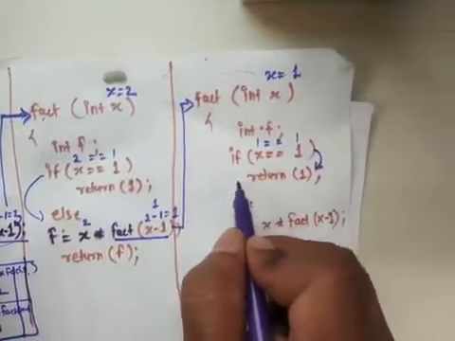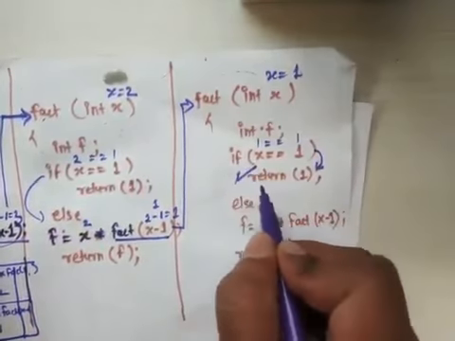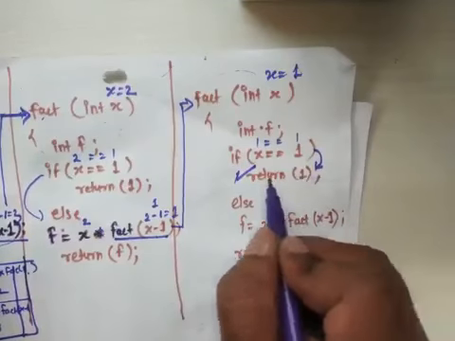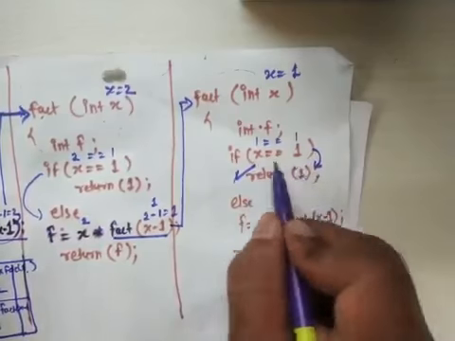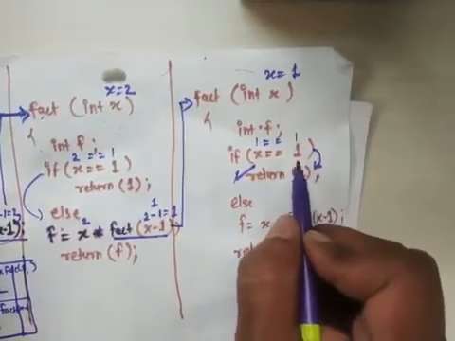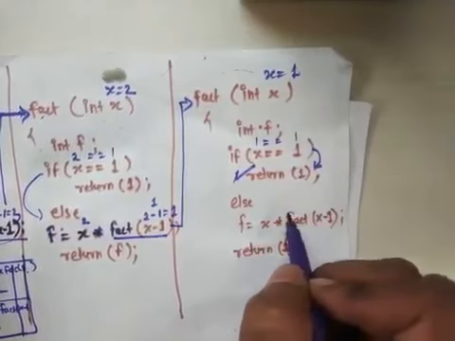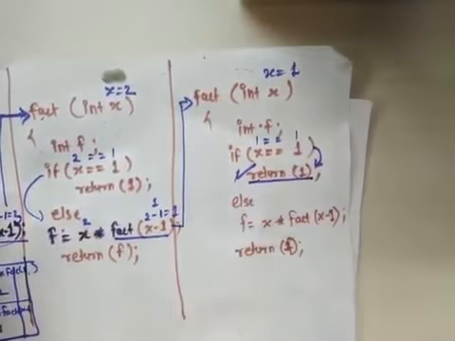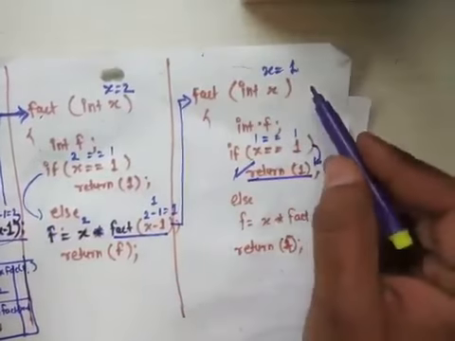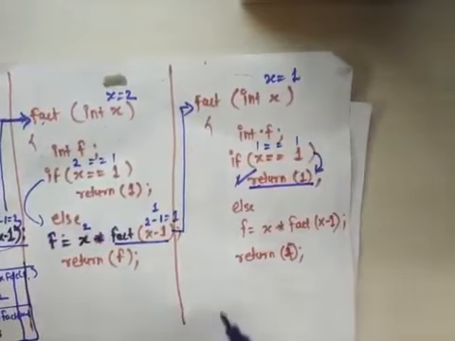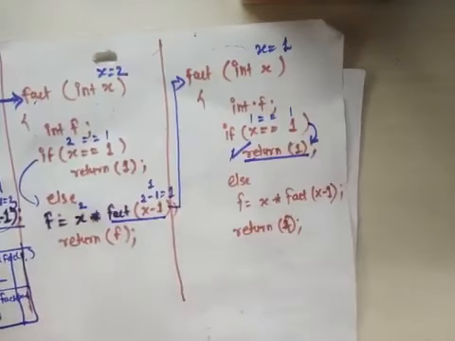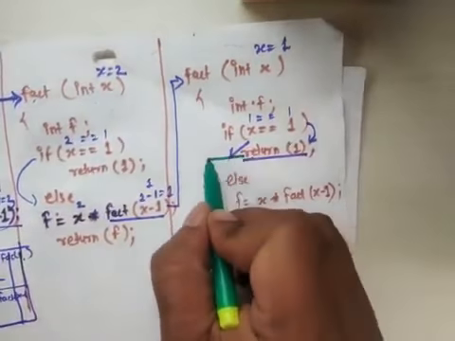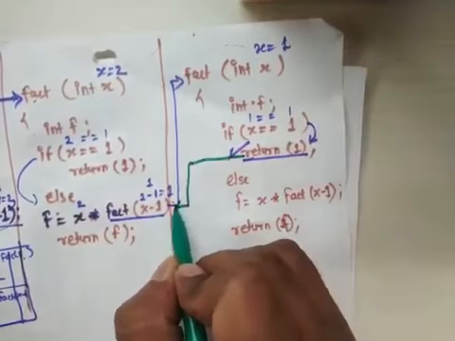And in the if part, what code do we write? We return the value of x, that is 1. So basically we are returning 1 only. We are returning 1. So once you return from this second copy of factorial, the control returns to the previous call. So now from here, the function returns to the previous call.